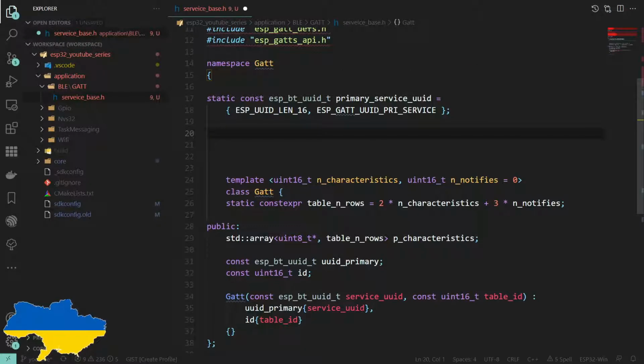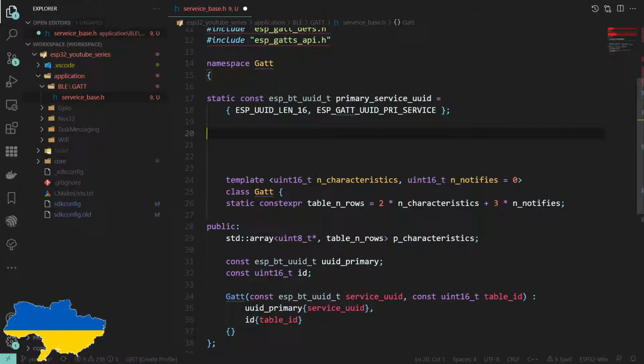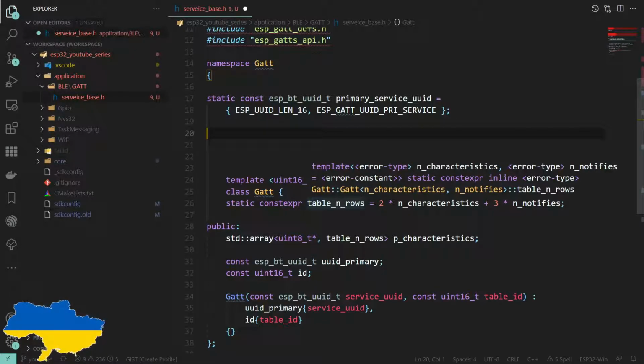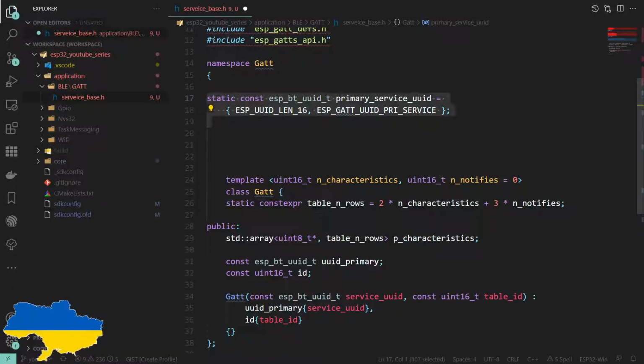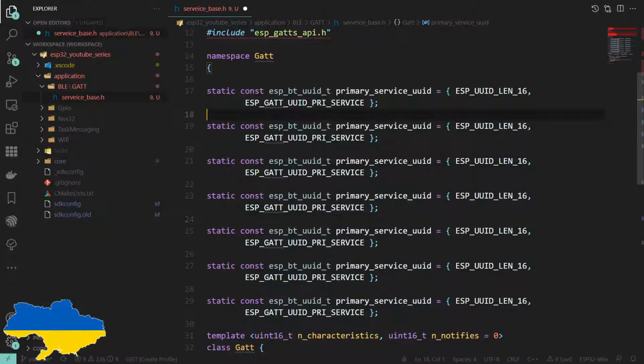So that's the primary service. So that is the UUID of our service. It tells the user, this service is the device information service. This is the heart rate service. This is the time service, whatever. There's a few more, so let's actually do a few more. You know what, I'm just going to take the hit. Let's just spam a few of those down like that. I'm going to have to sort this out. That is driving me bonkers already.